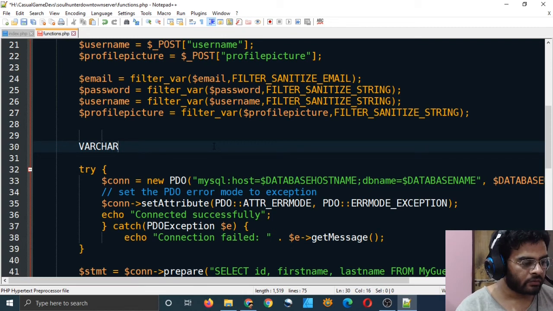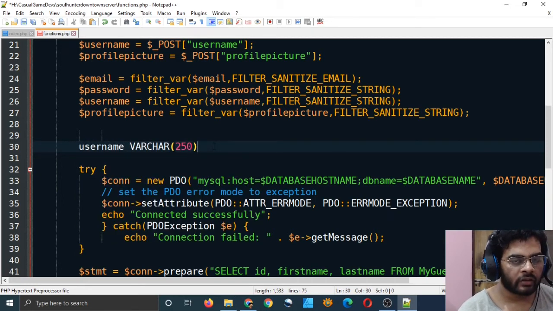Varchar is just a data type, a string data type. You can say it stores characters, it stores strings, and varchar means variable number of characters. Suppose this is a username variable and you have set varchar 250 in it, where varchar is the data type and 250 is the size.